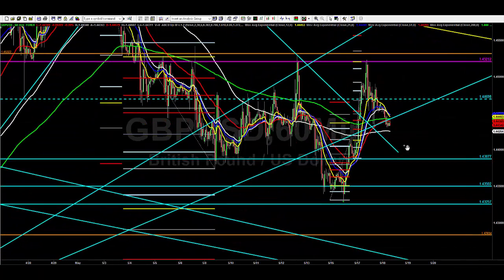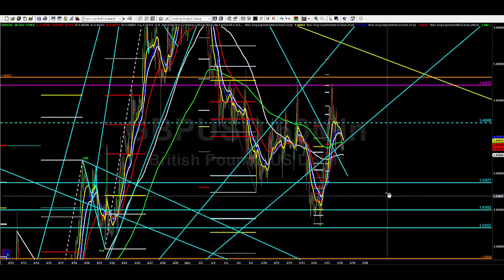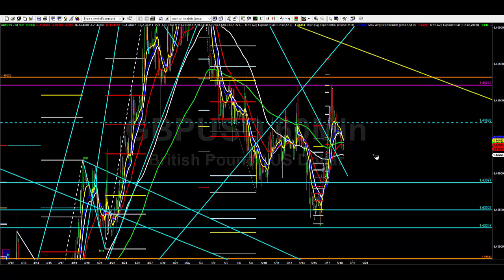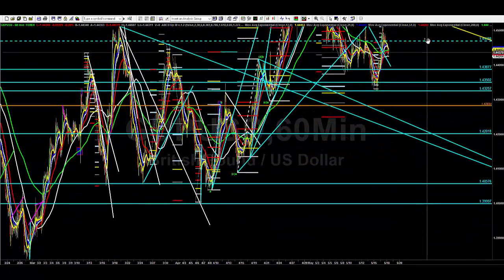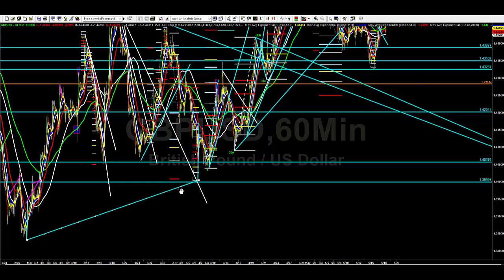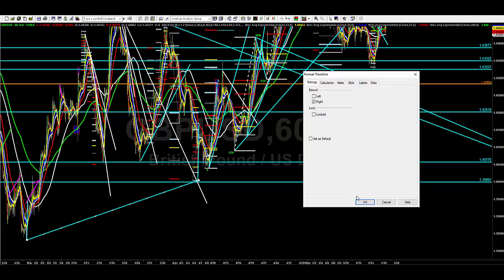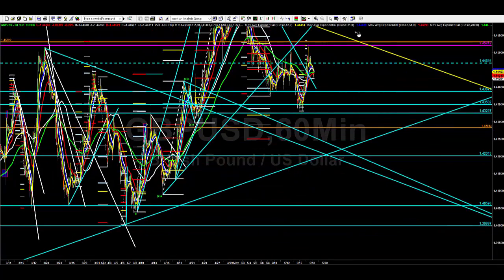But again, what it's showing to me here is that we broke this counter trend line here. We have now gone through the downtrend line, so it's kind of giving me mixed signals again, what this market wants to do. However, if this one is now broken, we have to assume that this is now going to make a... Okay, we can move out to the outer trend line. Okay, so if we put this one in, start from here, connect these 2 points, and extend. This is now the trend line that we're anchored on,